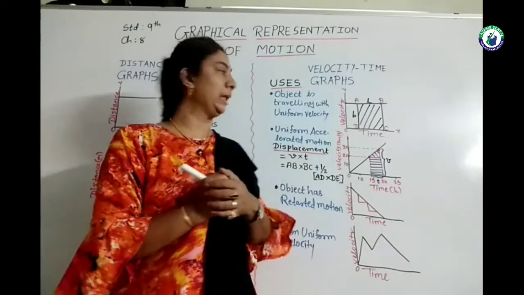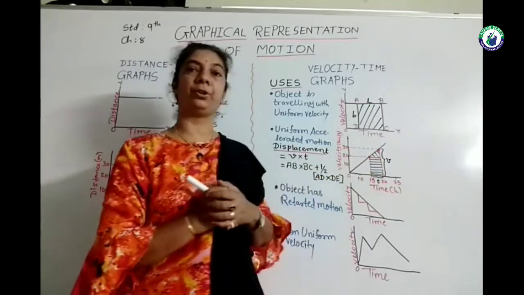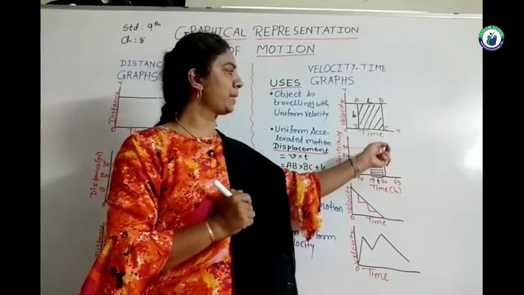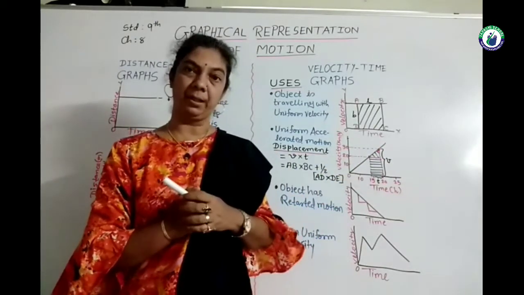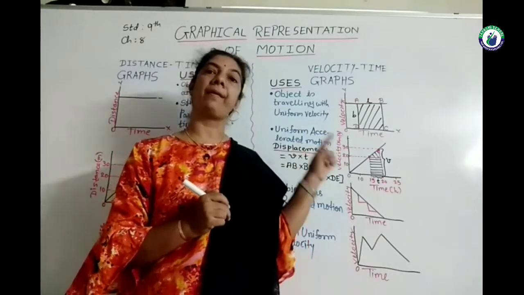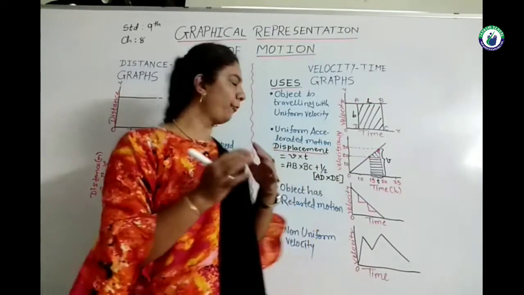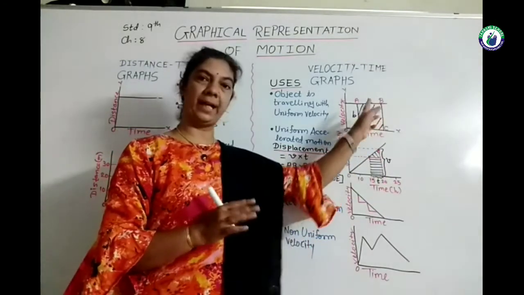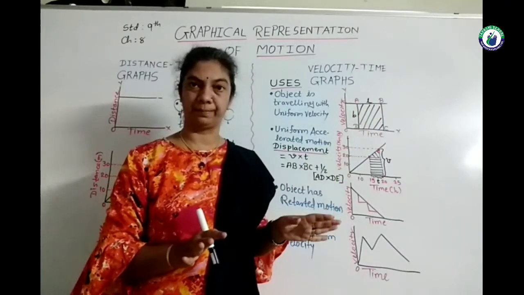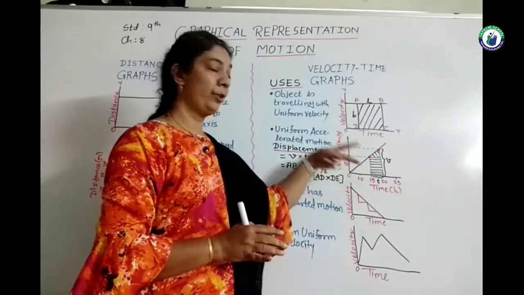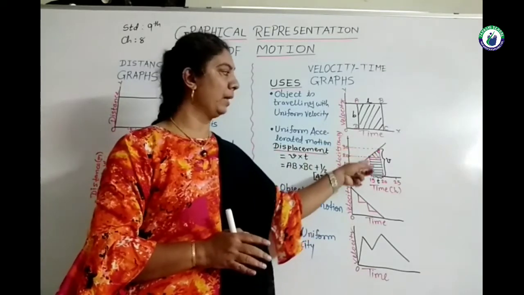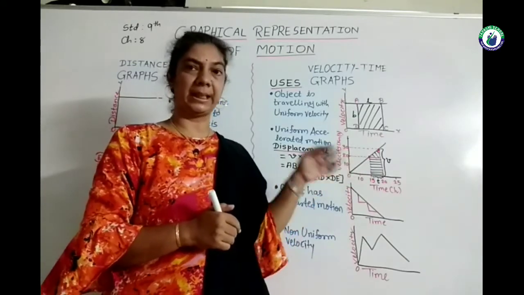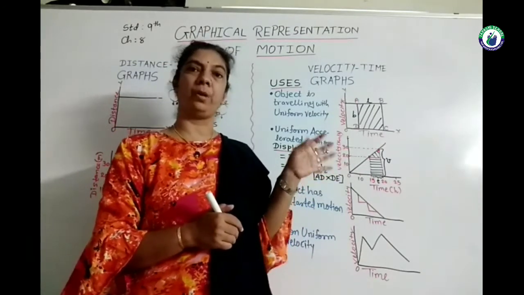The same concept is applicable for the triangle also: in the triangle shape, 1/2 of the base multiplied by the height of that triangle gives us the area of that triangle. So if I want to find out the displacement from this graph, I have to take the area of the rectangle, that's all. In this graph, two shapes are there, one triangle and one rectangle. You can even consider this as a trapezium and use the formula of the trapezium.